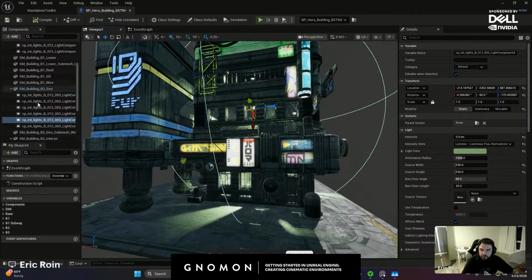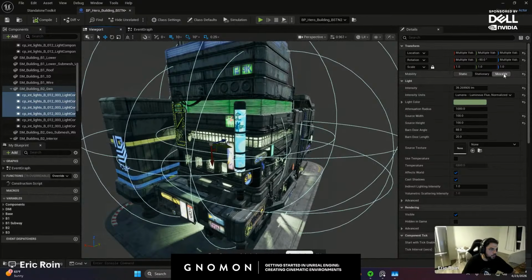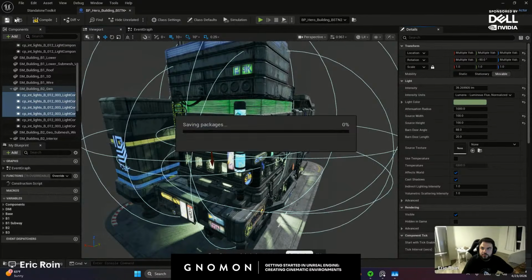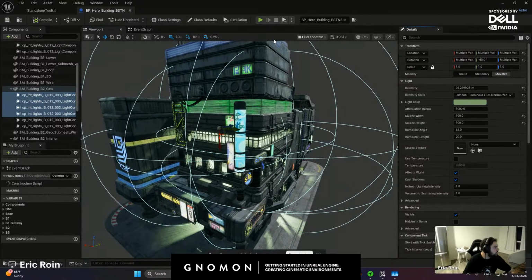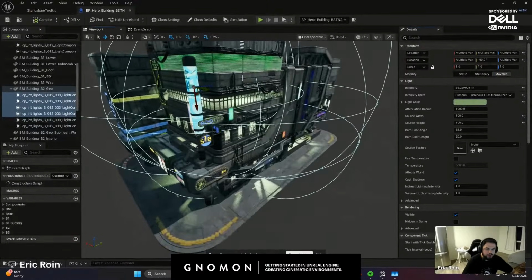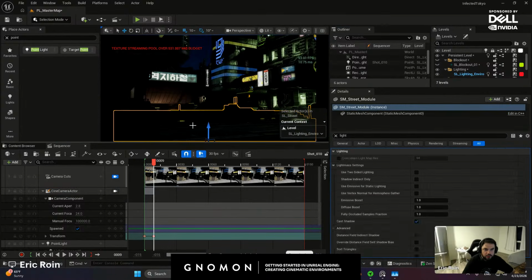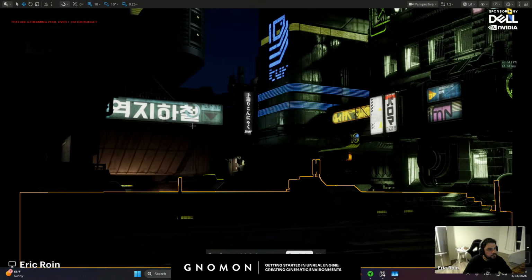Make sure to compile your blueprint. There's the lights. Just checking them out. I want to set them to be movable. Save. Now, the idea behind blueprints is you want to essentially modify the actual assets in here and only go in here when you're making a big enough change, right? That way you can have different versions of the buildings, different instances of those buildings. Let's see what that looks like now.